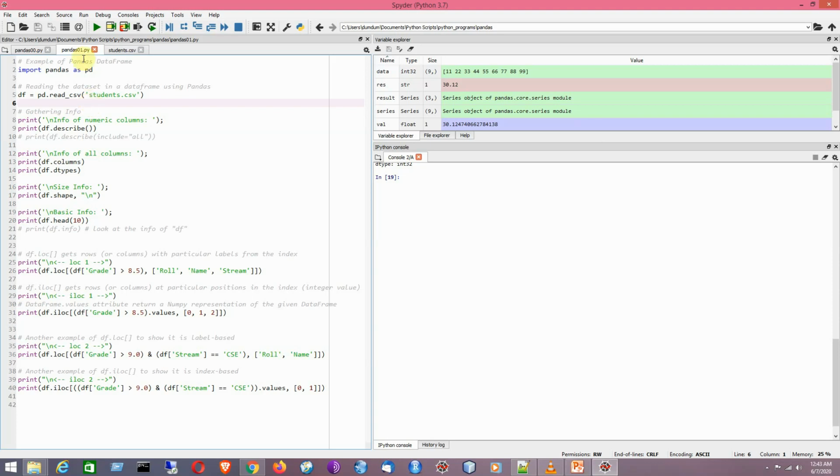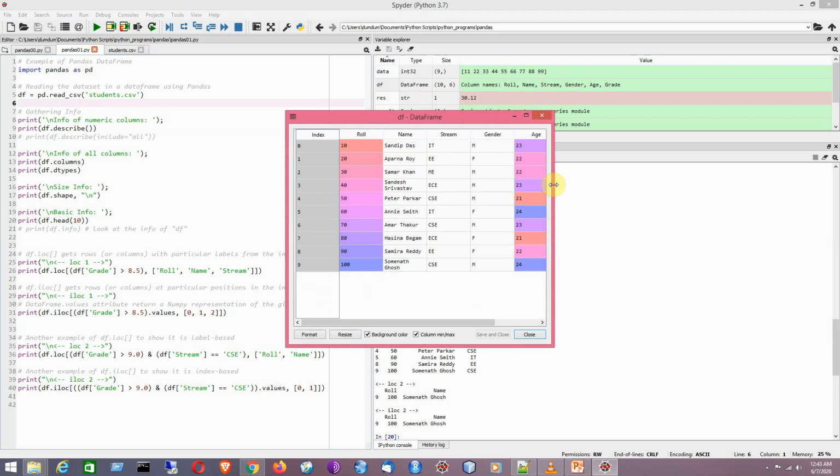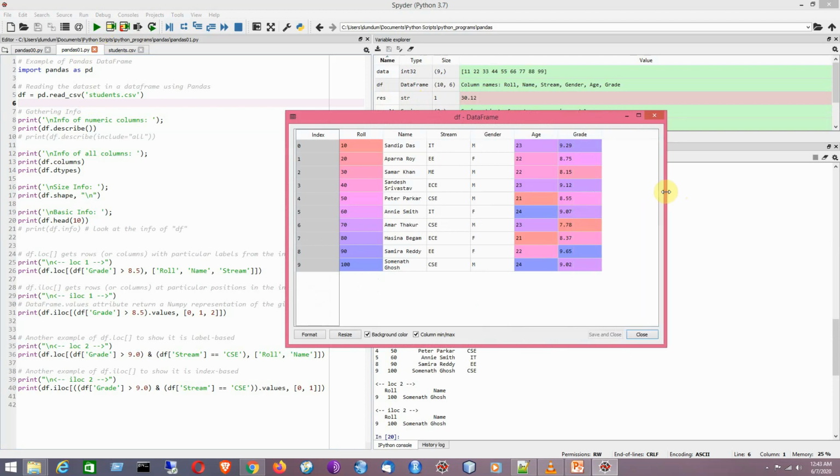Now if I run the program, you can see a variable has been created, called df. Now you can see the result in tabular form, showing the records of 10 students: roll, name, stream, gender, age and grade.